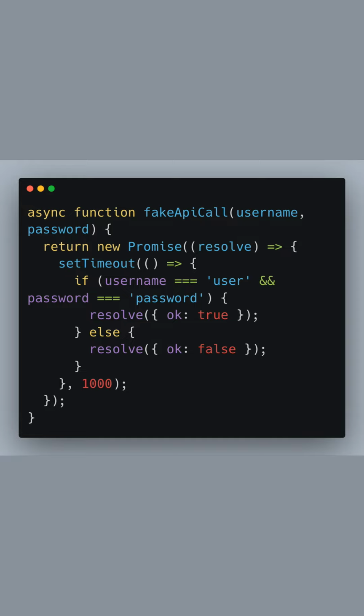The fakeApiCall function is a placeholder simulating network latency with a setTimeout of 1 second. It resolves with an OK response if the passed credentials match the hard-coded user and password values. In a real scenario, you would replace this with an actual API call that interacts with your authentication server,